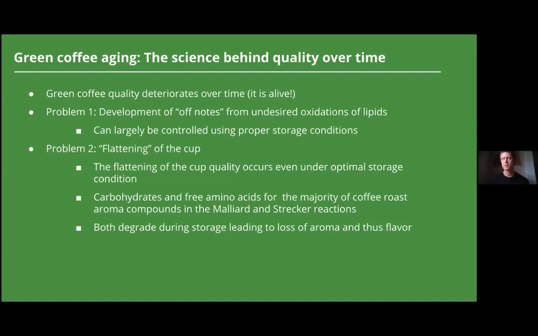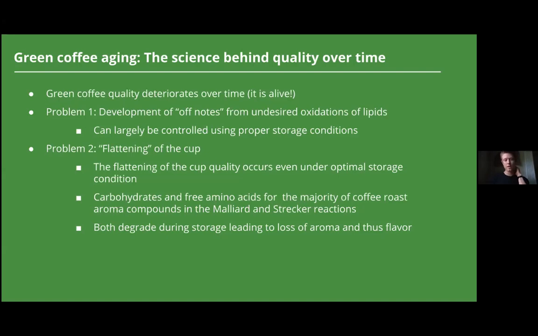And so in a lot of the specialty coffee industry, you might not even have any of your coffees without a GrainPro bag. And so if you have them, you largely are controlling this. You will still develop those maybe baggy flavors over time, but it's not as bad as it would be if you did not have that GrainPro bag. And so that problem is largely controllable, and there's not a whole lot that is really